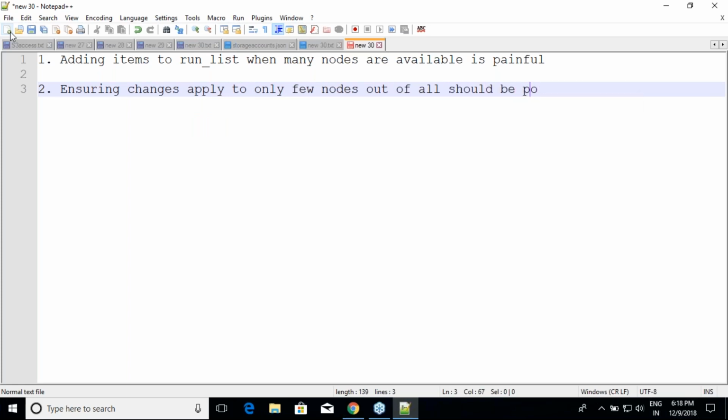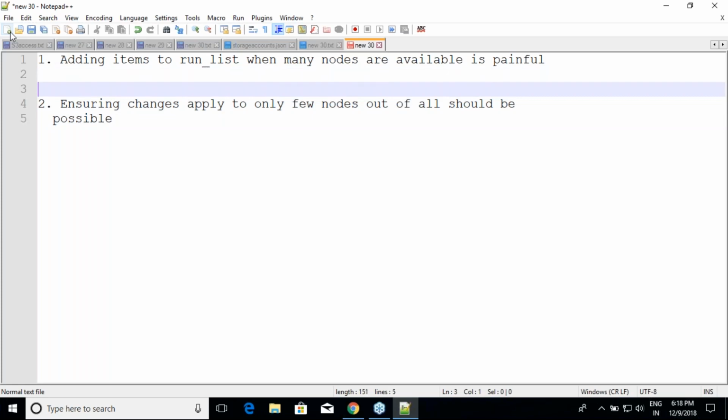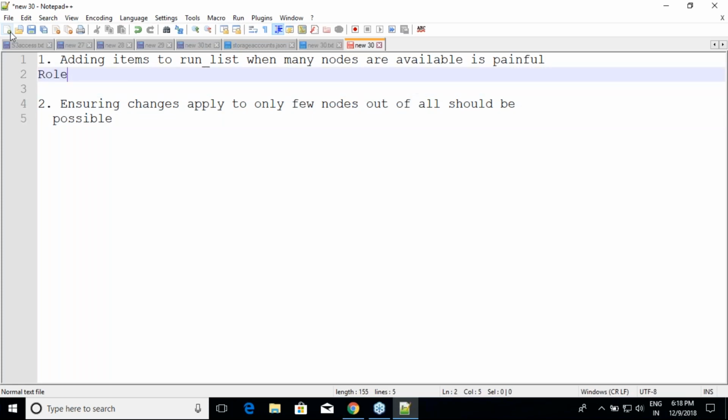I think you relate to these situations which you have spoken yesterday, right? So first thing is I have many nodes to be worked on, and managing run list and maintaining changes for every run list is difficult. And for that we have said that we would be using something called as role.